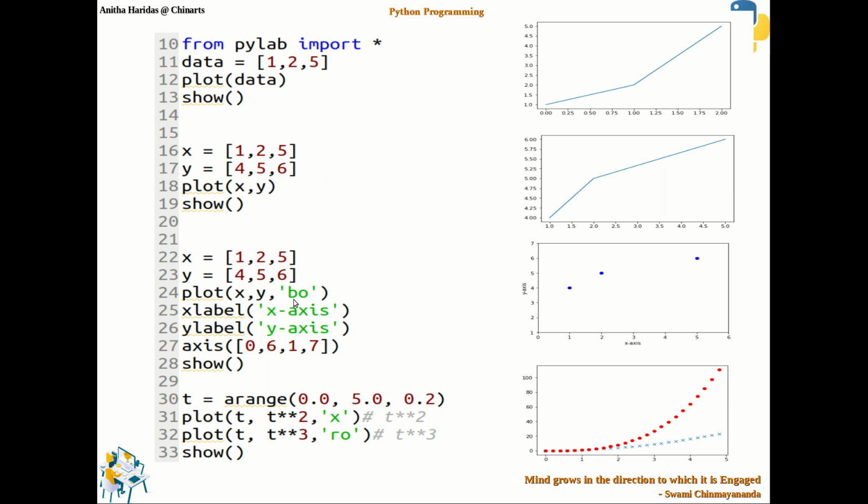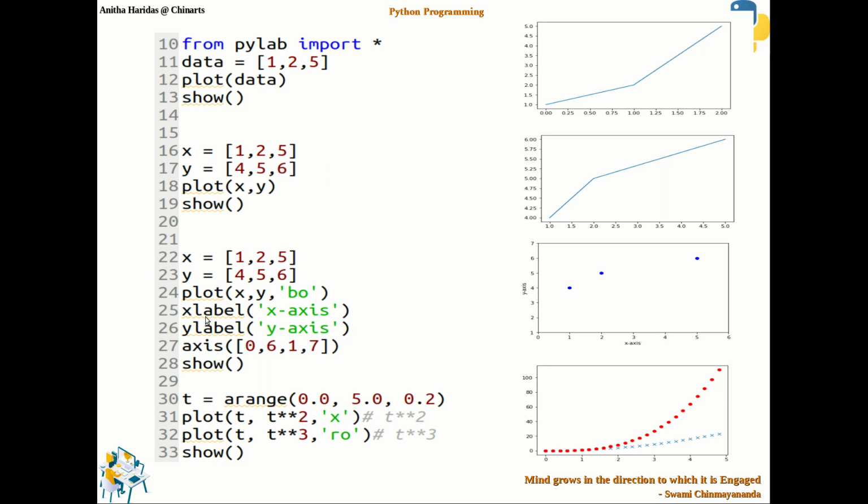So here I say b, which indicates that you want the plotting to be in blue color, and if I say o, then the plotting will be done in circles, right? So you can observe here in the output that these values are plotted as circles in blue color.